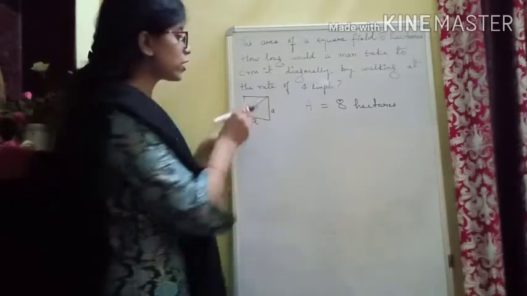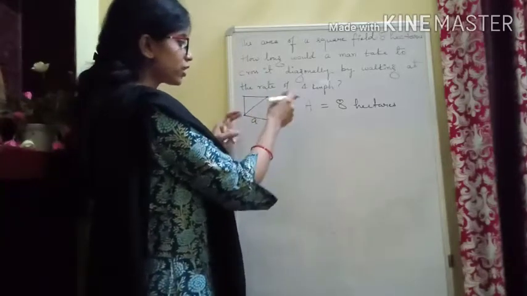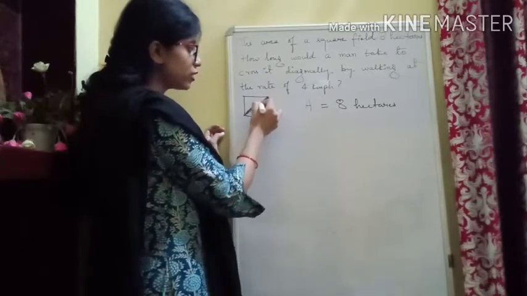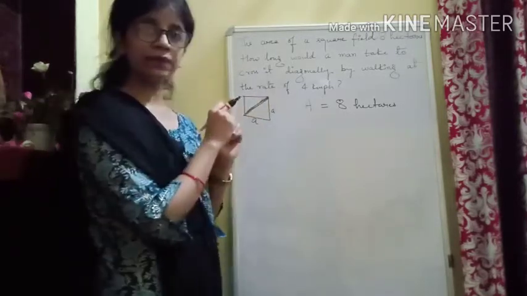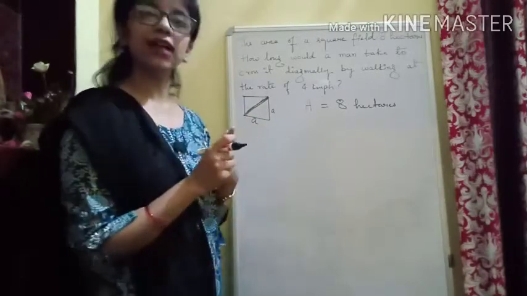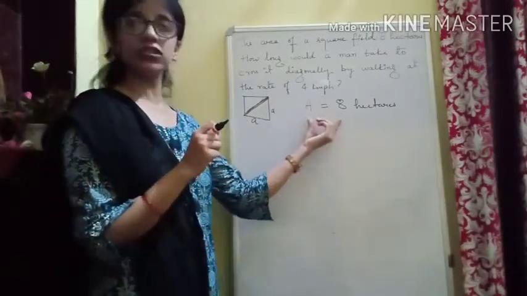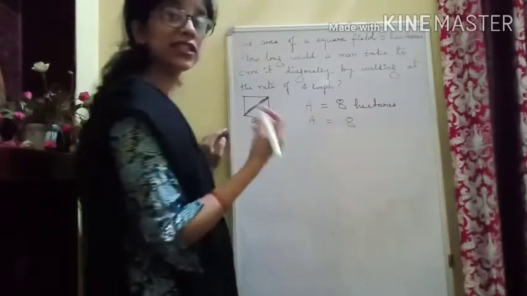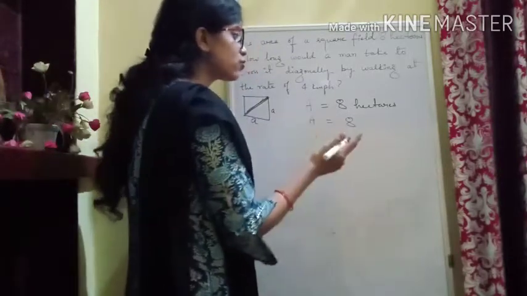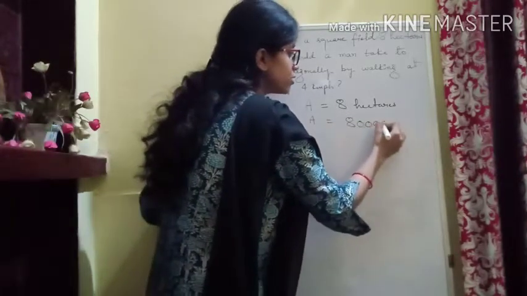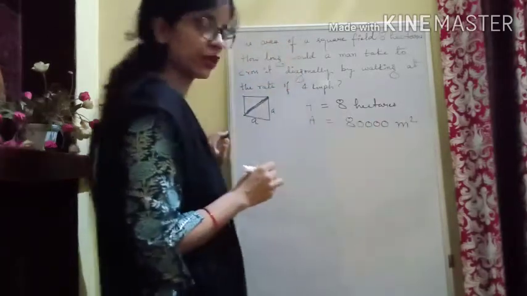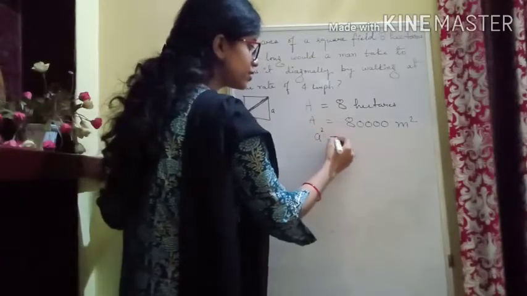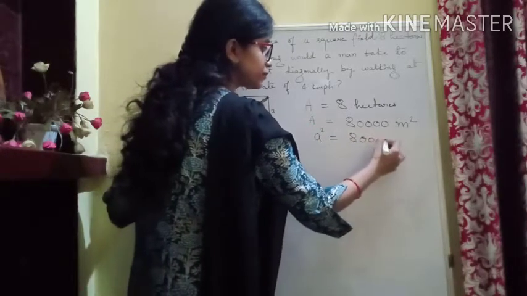Are you getting it? So that means if the man is crossing it, we have to calculate the length which he is covering. That means it is eventually the length of the diagonal of the square. So we are supposed to calculate the diagonal of the square, but first we are going to use this information. This area is given, 8 hectare. If we convert it into meter square, we have to multiply it by 10,000. So it will be 80,000. Now it will be in meter square. And since the side of the square is A, the area would be A square, isn't it? It will be equal to 80,000.